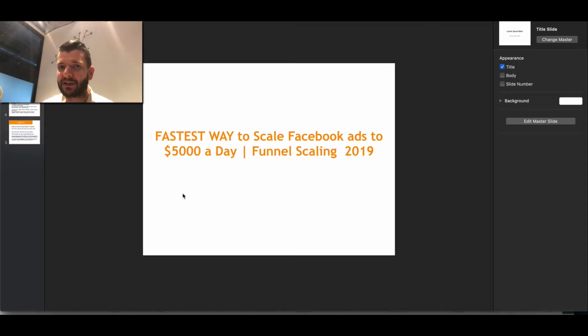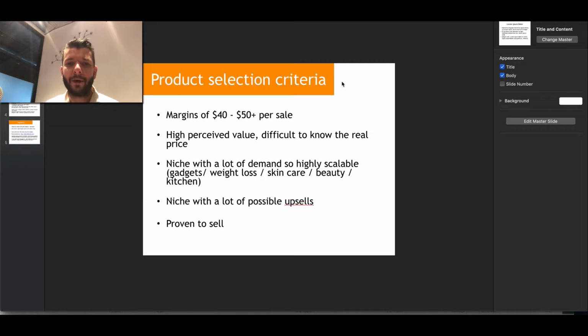This is basically the strategy we call funnel scaling, and this is different from the regular Shopify stuff and regular Shopify strategies you have seen before. Now, some of the things that we are using here, like the product selection criteria. A lot of the training you might have seen, the products that people choose to sell are kind of low margin, or low cost products, right? And obviously there is a place for those, but I have found the most scalability,